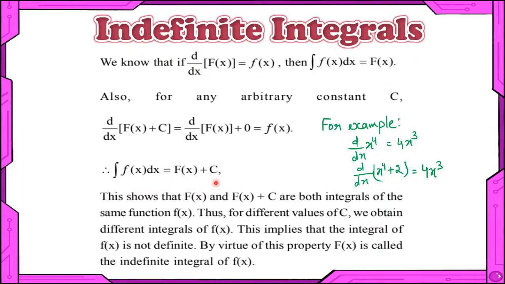It is that constant. For example, if I ask you what is the derivative of x power 4, then you will answer me 4x cube. But what is the derivative of x power 4 plus 2? Same answer. If I say x power 4 plus 9, then also the same answer. But if I integrate this function 4x cube, then what am I going to get? I'm going to get only x power 4. What about these constants? So that's why we have to add this c also. This is the constant of integration.